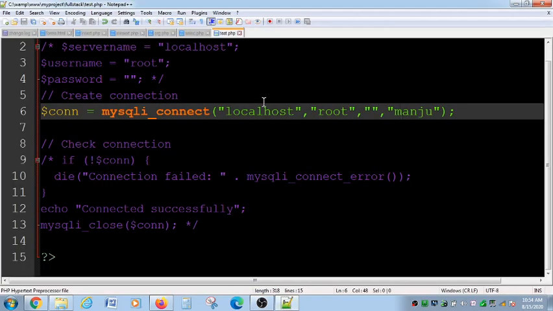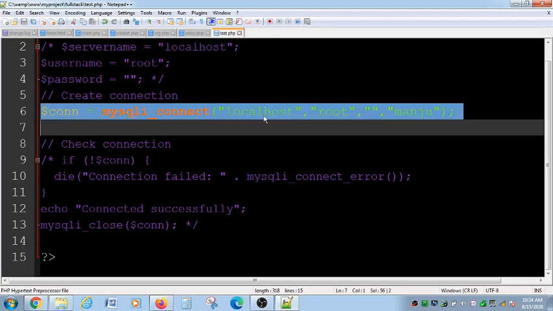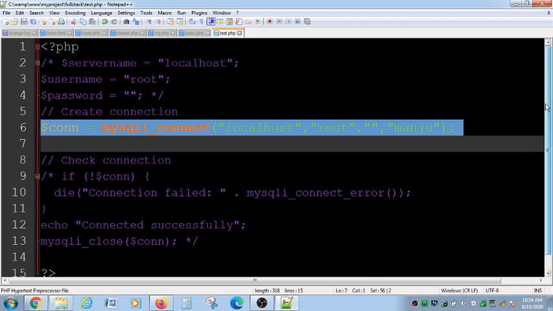So you can see I am not getting any error, but I am not getting any connection message also. This one statement is enough to instruct the PHP about which particular thing it should access.